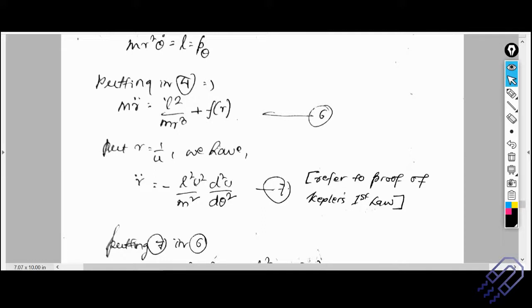Why I'm explaining this is because this is something you can do in your exam. In short, directly write this down. If all of you were a bit scared of the derivation of the first law because it was very long, if you do this, then also it's clear. And if you're stuck on how to get from here to here, then you can refer to Kepler's first law. So this is what is important here. This is where we stop today.